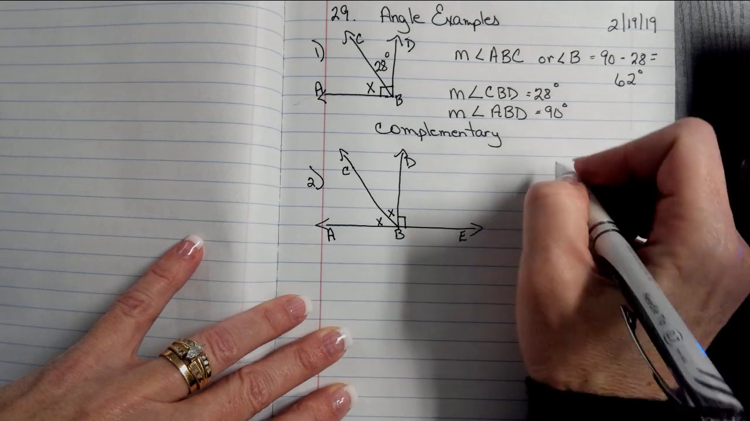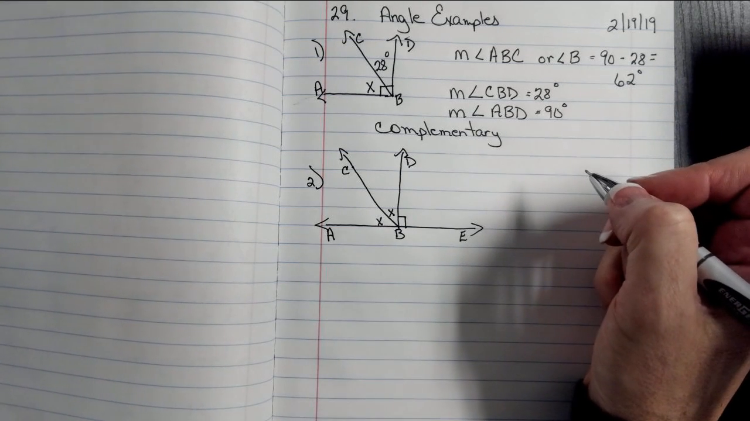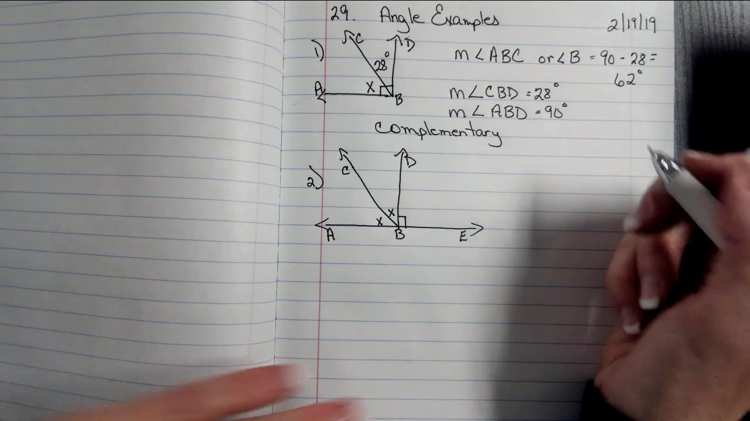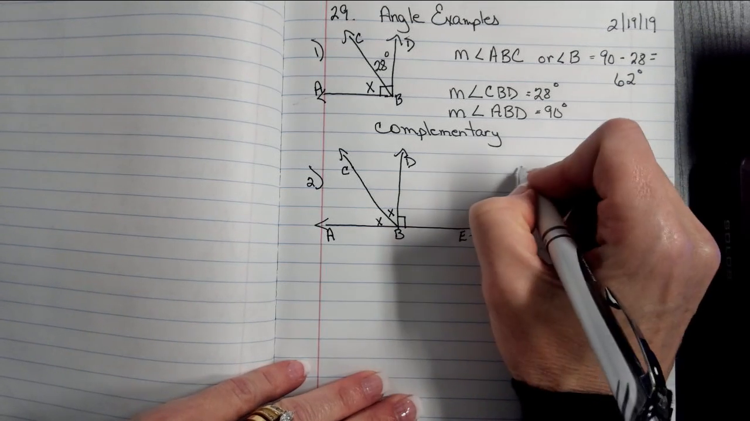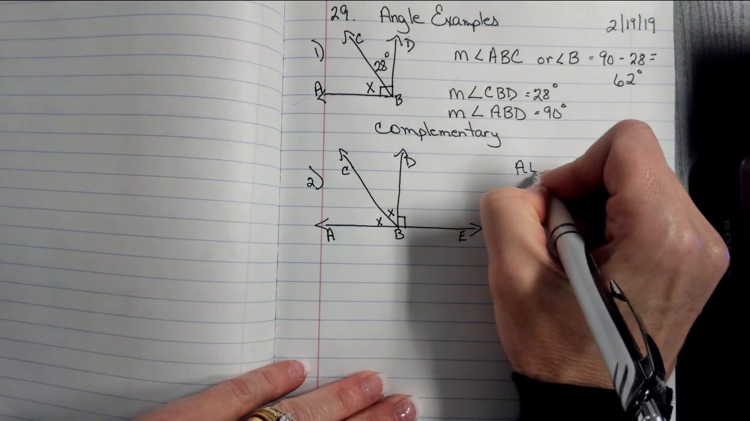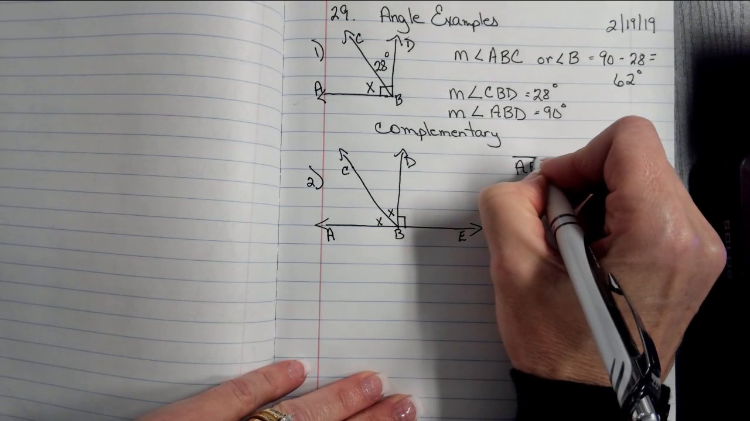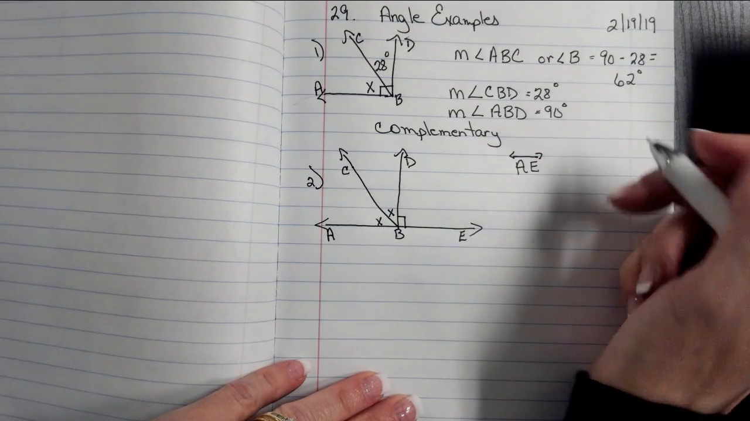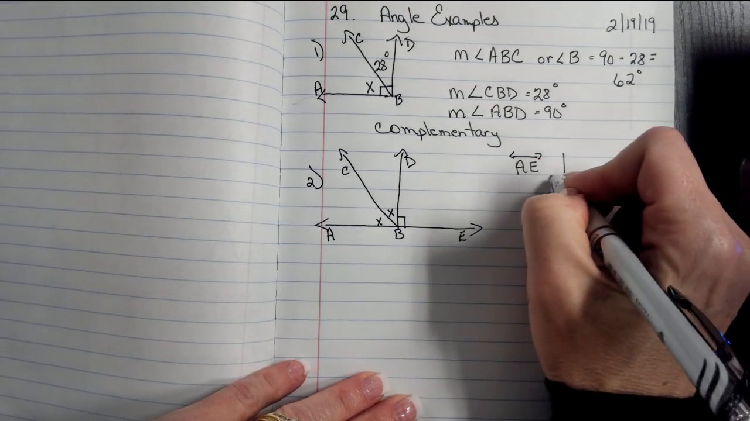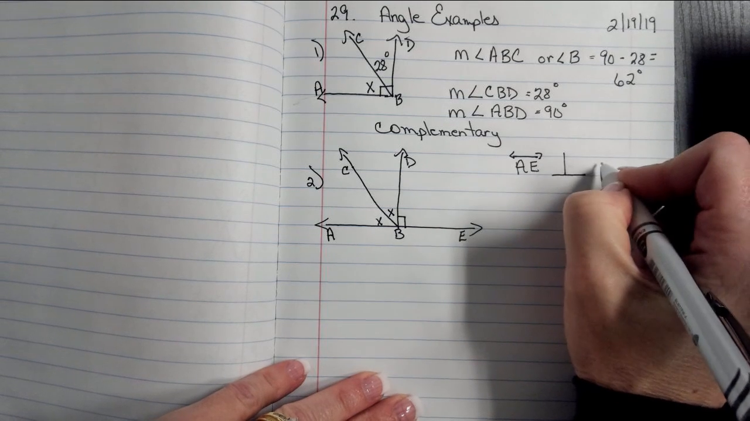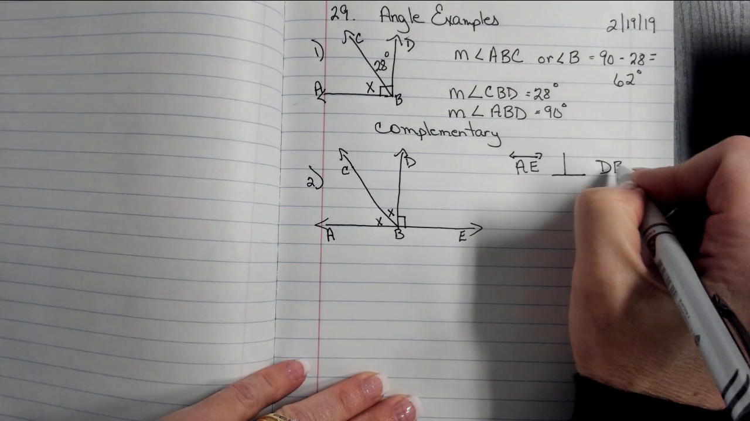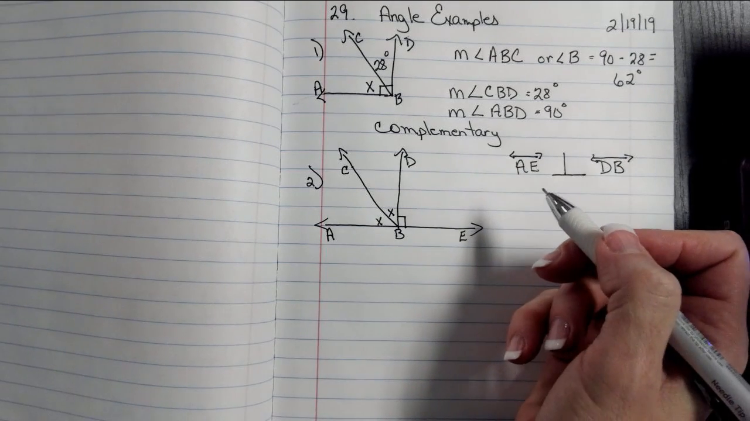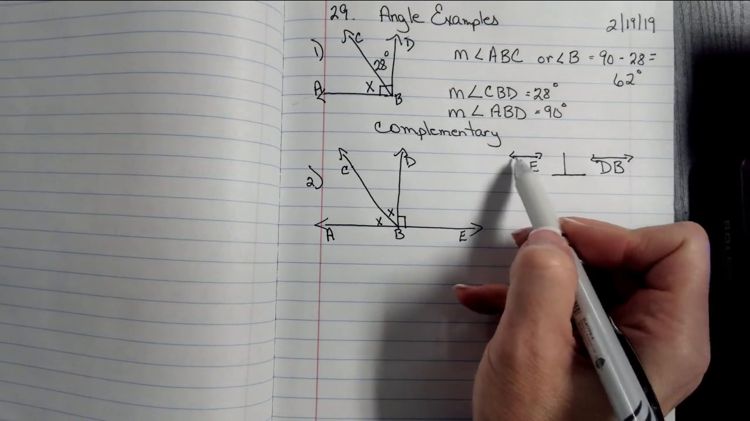All right, now if you have an angle like this or multiple angles, then you're going to be given some directions. So let's say that line AE is perpendicular to line DB. Remember when you first learned about lines, this is the symbol for a line,